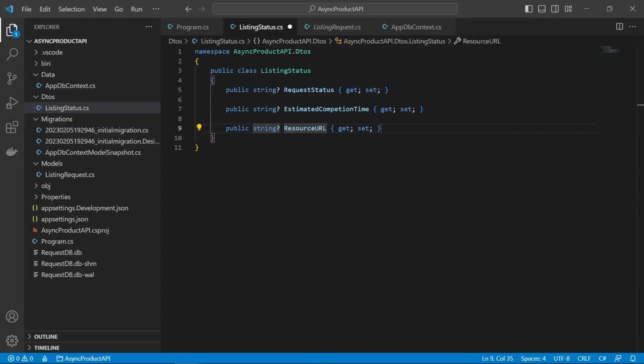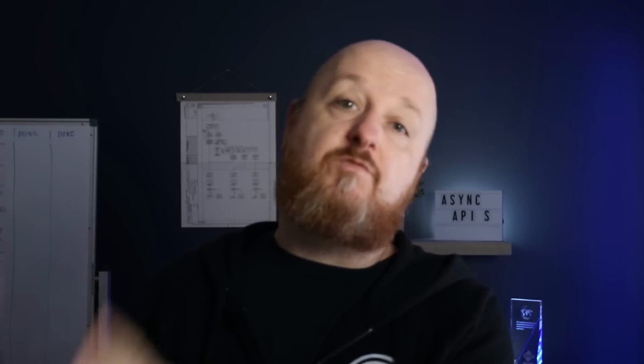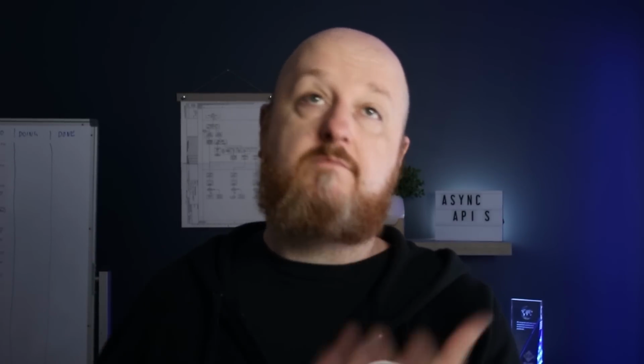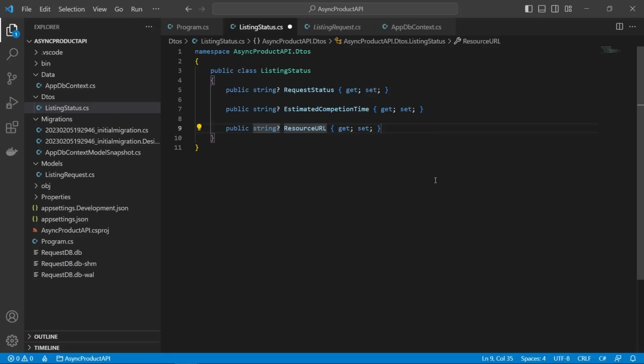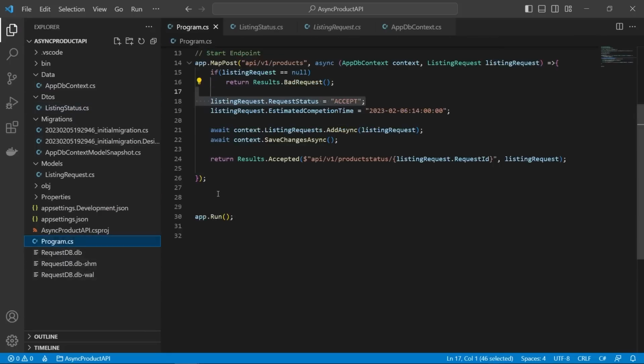Okay, and the resource URL is just basically the URL to our final endpoint. And this final endpoint is basically, I guess, what we were after all along, isn't it? Instead of making a synchronous request and getting back exactly what we needed, it's the resource URL that's giving us that thing we wanted in the first place. So it's the final link in the chain of our asynchronous request. All right, so let's save that off, come back over to our program class, and we'll get started with our